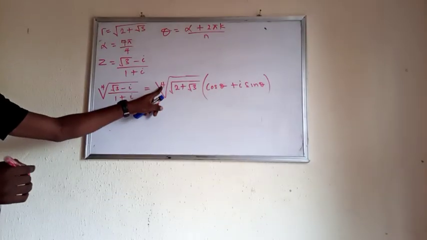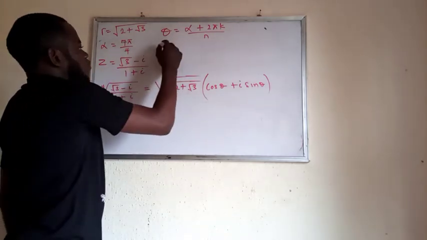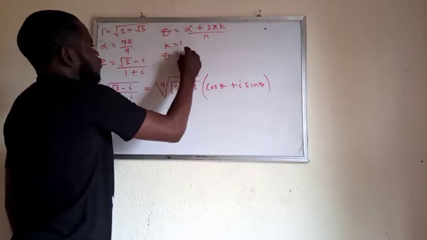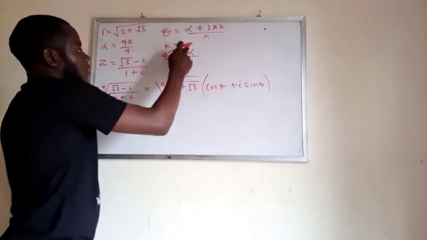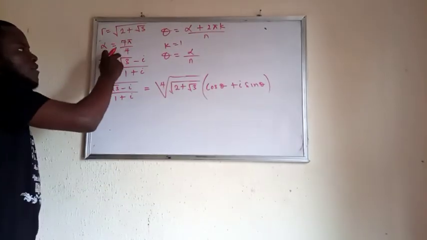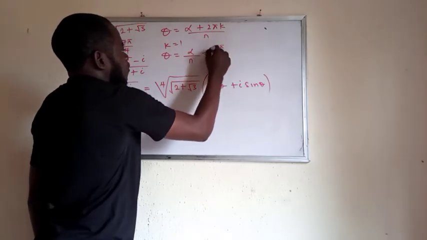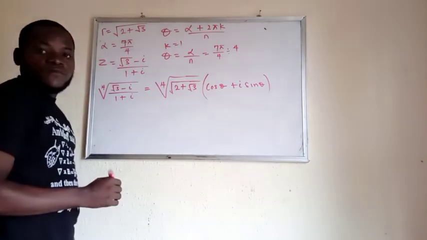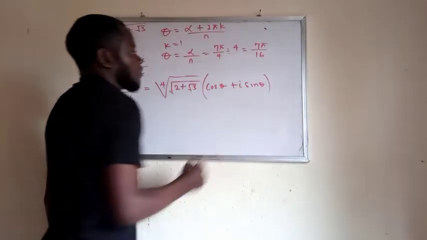Now, if you look at this, n is equal to 4. So, when k is equal to 0, theta is going to be alpha all over n. And our alpha is 7 pi over 4. So this will become 7 pi over 4 divided by 4. And this will in turn become 7 pi all over